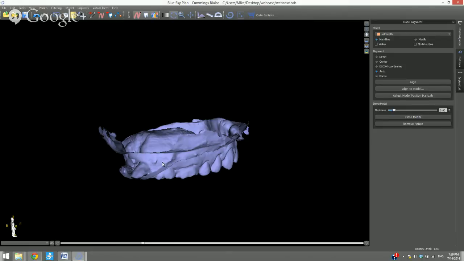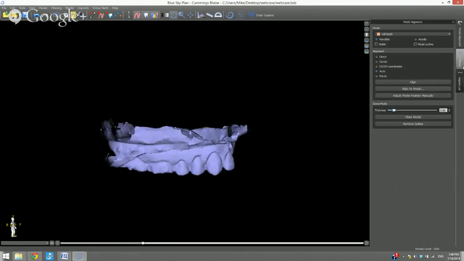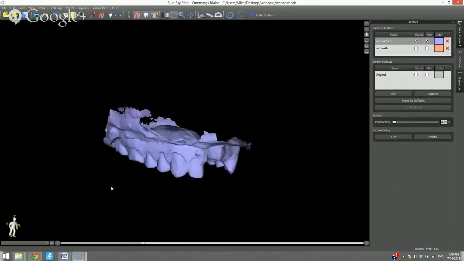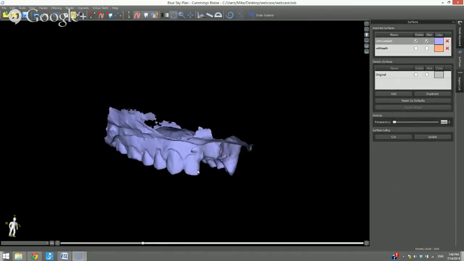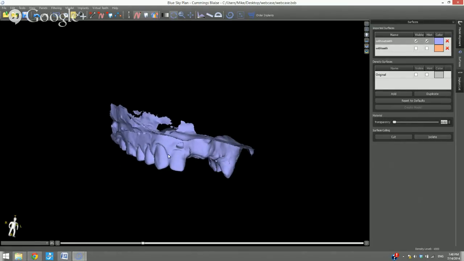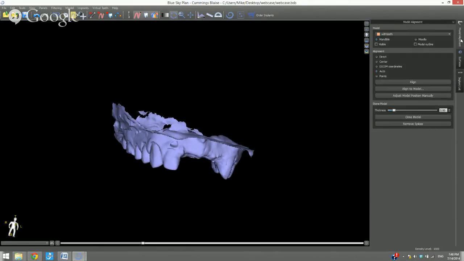One question that I get sometimes: in an extreme situation, even with the points, you might import the model and find it to be either completely backwards or completely upside down. This generally happens when the model is scanned facing one direction and the patient is scanned completely facing the other direction, with around a 180-degree difference. What I recommend in that situation is, before you do the points functionality, go to adjust model position